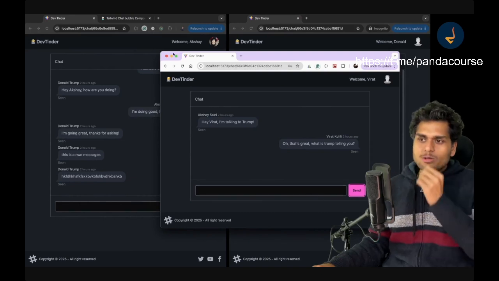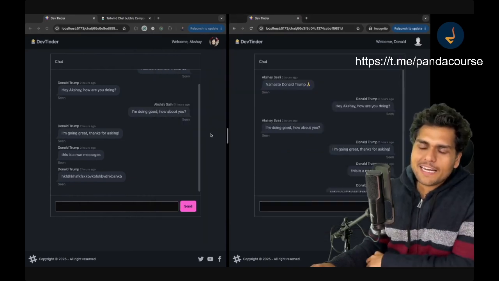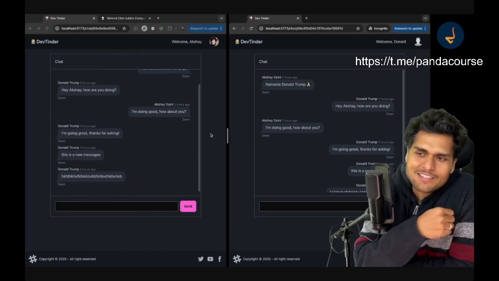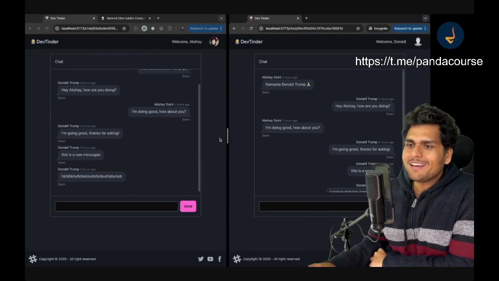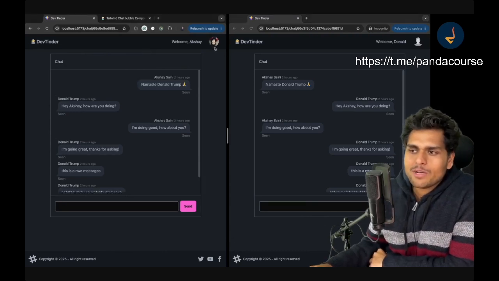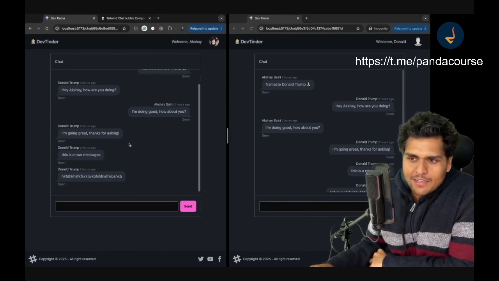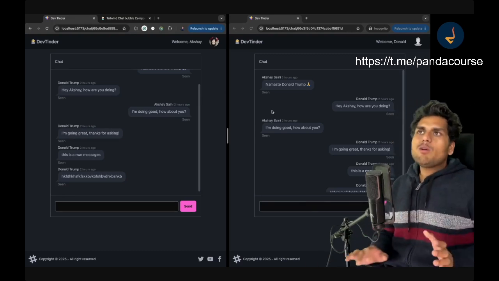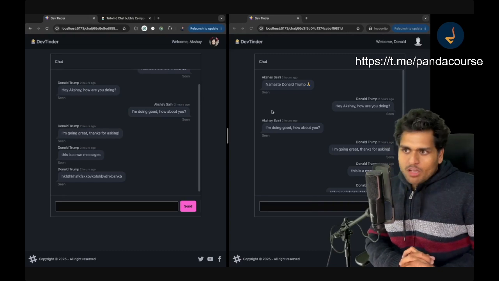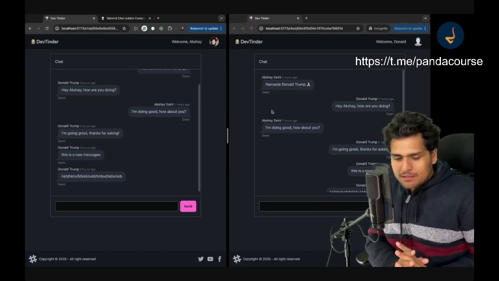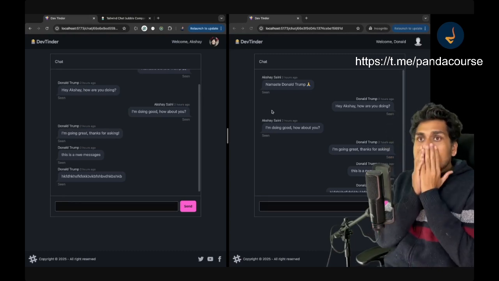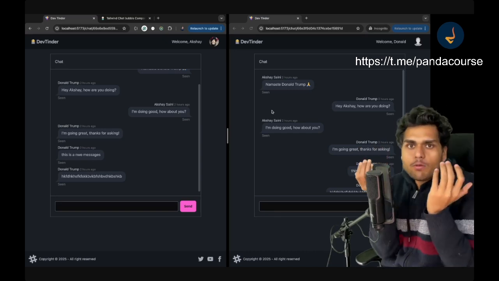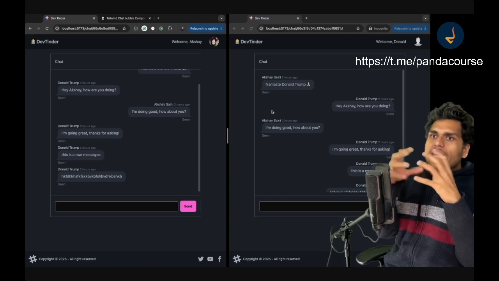So what I'm trying to say is, this is how you can create your chat application using WebSockets. You can save the messages. Everything works well. You have your own chat window. There are a few more enhancements that you can still do in the code. Now let me tell you, my dear friends, we have built this chat application, but don't think that this is of WhatsApp level. It's not WhatsApp level, because when things scale,